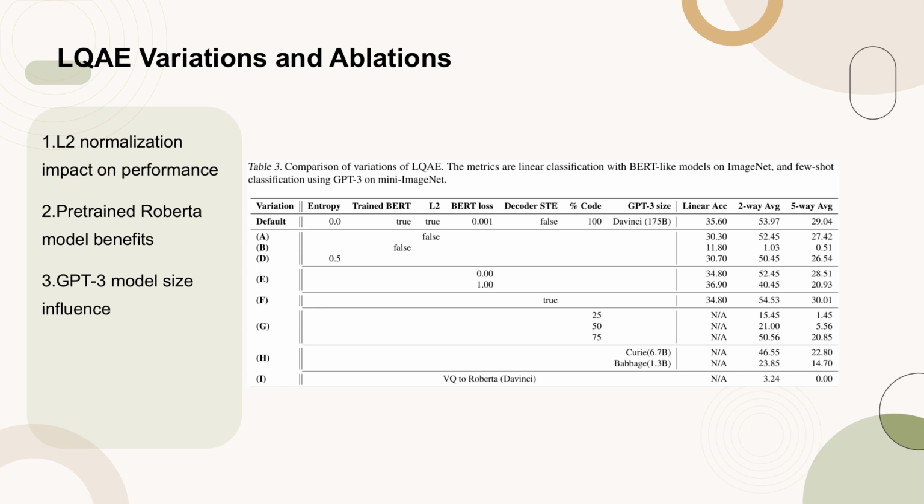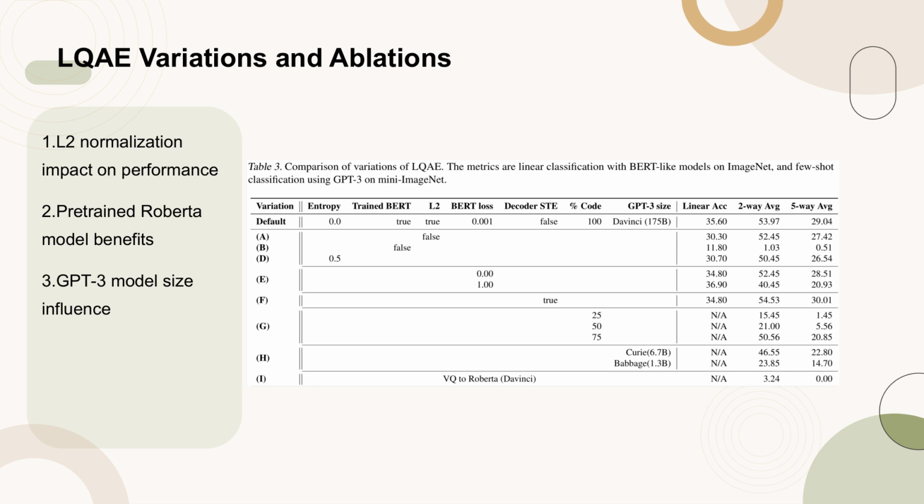The table evaluates the performance metrics of linear classification with BERT-like models on ImageNet and few-shot classification using GPT-3 on mini-ImageNet. Key findings include the detrimental effect of removing L2 normalization during the vector quantization step, the significant performance boost from using a pre-trained Roberta model, and the consistent improvement in results with larger GPT-3 models. These results underscore the importance of specific components and configurations in optimizing LQAE performance for both linear and few-shot classification